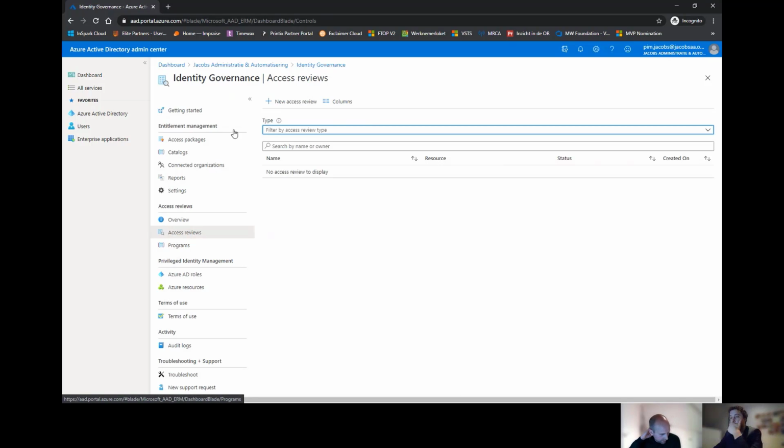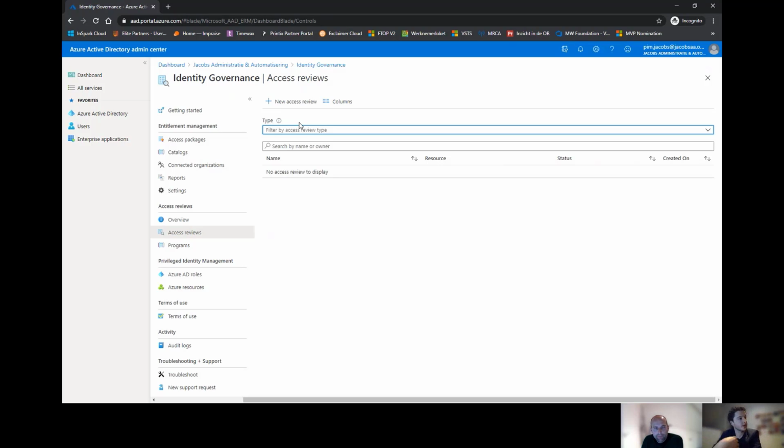Yeah, can you also make it kind of time related? So if a guest user is living in your tenant but has not signed in for a particular number of days, can you make that access review query that, dynamically populating those guest users? You know what I mean? I think that I know what you mean, but correct me if I'm wrong.